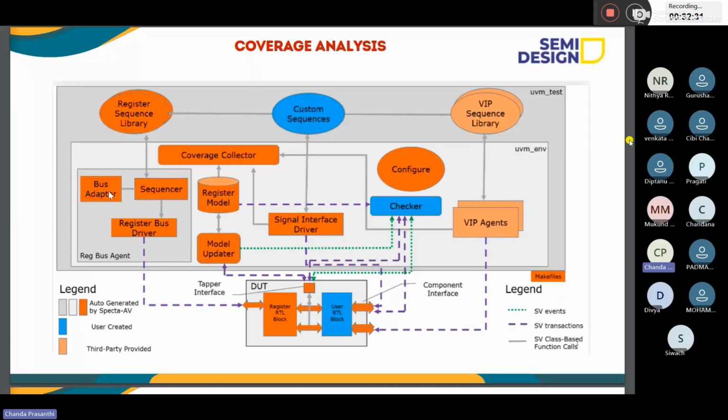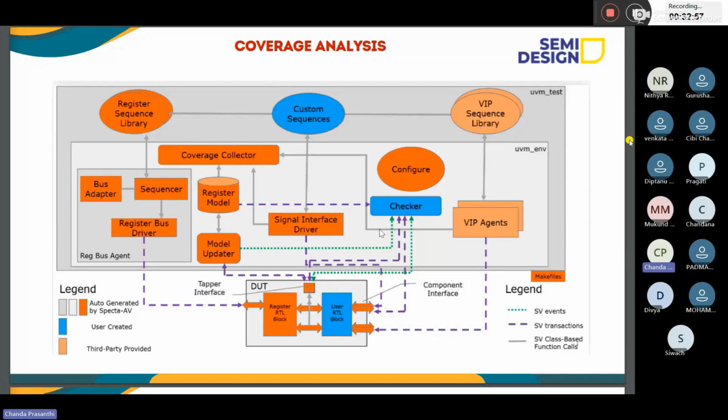In normal UVM we don't have any adapter, we have a sequencer, driver, and monitor. Here the register model tells what the size of the register is, the width, depth, and the configuration of the register. Then there is the model updater, signal interface driver, and checker.